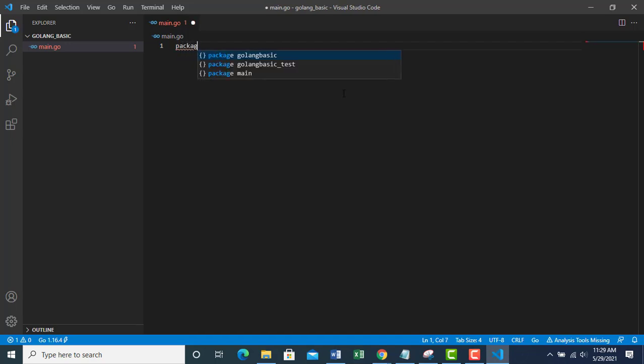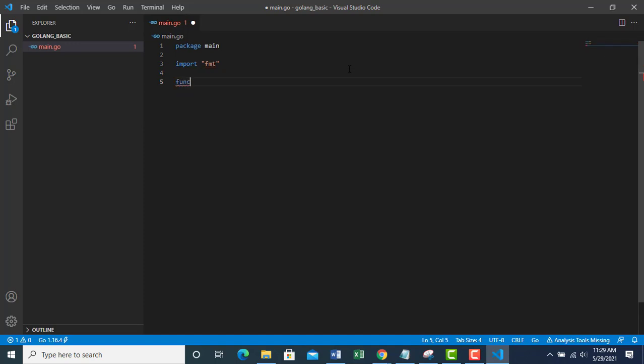Firstly, that is package main. That is the package, just like in other programming languages. Then I import fmt. This is for printing something, those basic things.